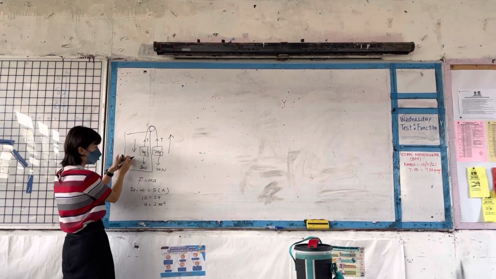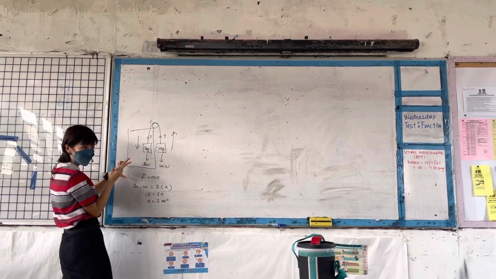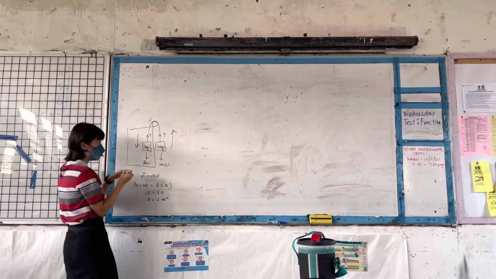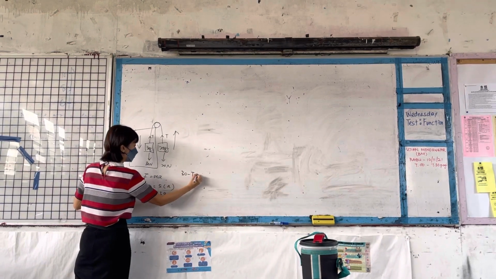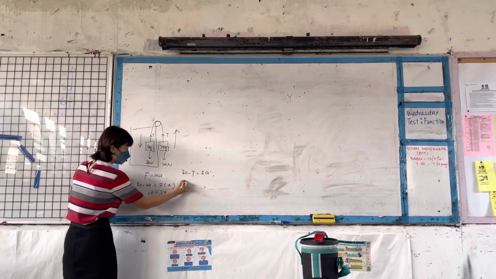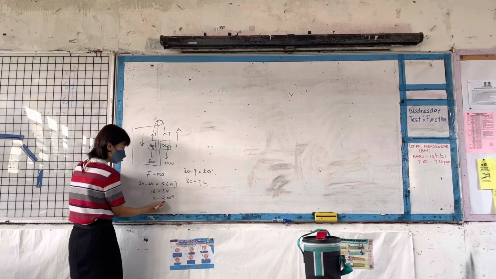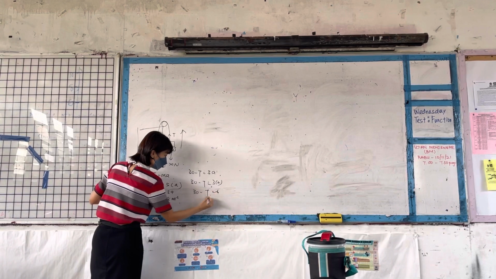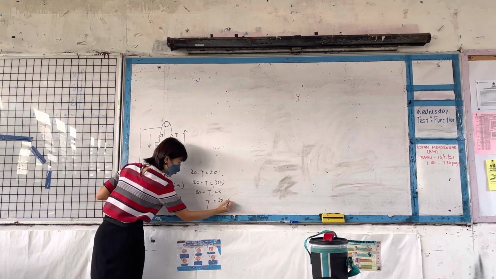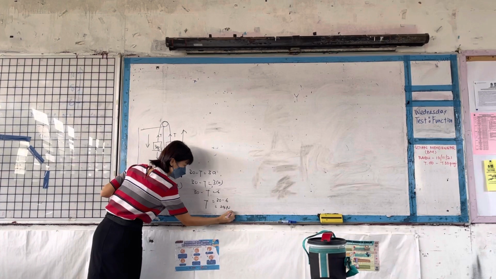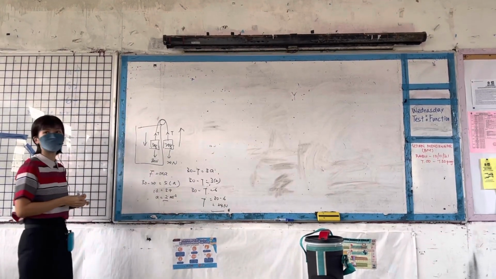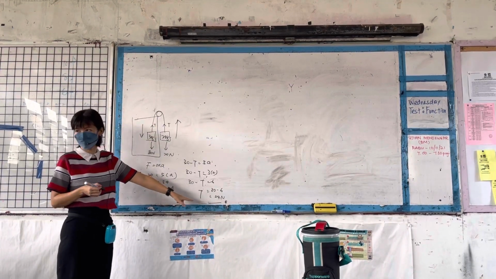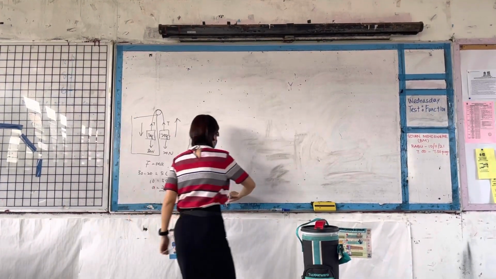If I consider this side, you know that the whole thing will move downward, right? So 30 minus T equals ma, right? So 30 minus T equals 3a. Okay, so 30 minus T equals 3 times a, and I already got a, which is 2. So 30 minus T equals 6. So my T equals 30 minus 6, which is 24 Newton. That is how I calculate the string tension. You can take this side or this part, you will get the same answer for string tension. Okay, so this is question number 1.